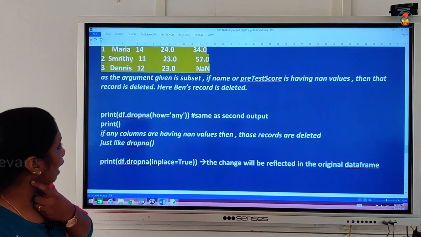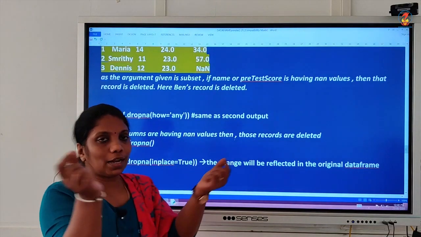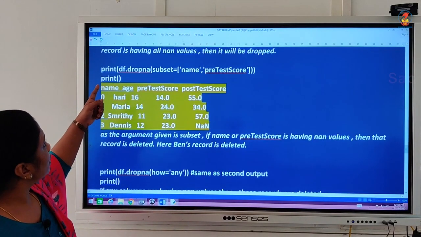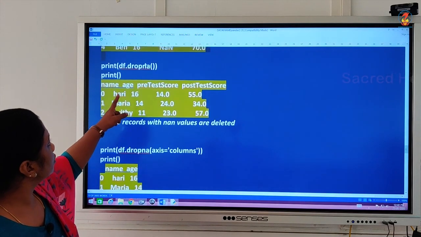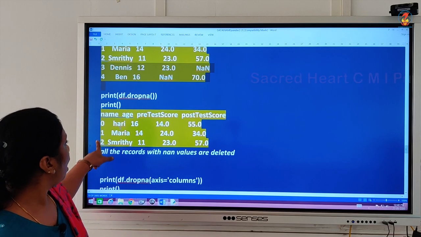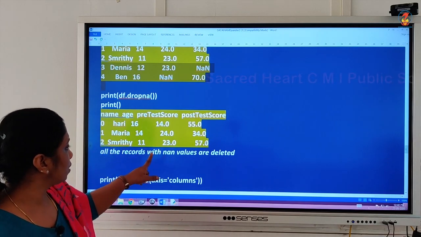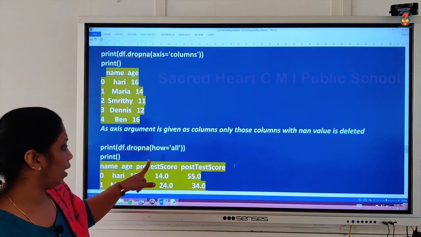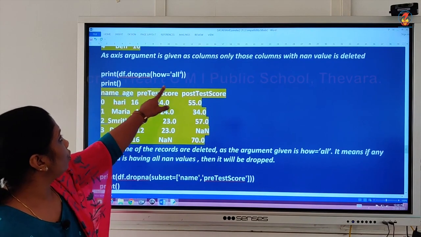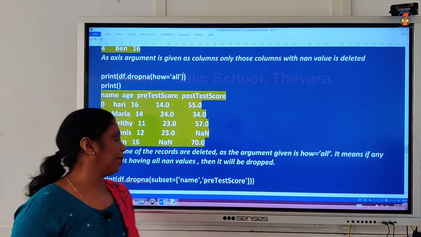That means if any columns have NaN values, then those records are deleted. So which output will come? The first output. So one or two different rows are deleted. So the same answer will come for how equal to any. You can try it out with that. This one, how equal to all or how equal to any, can be given.